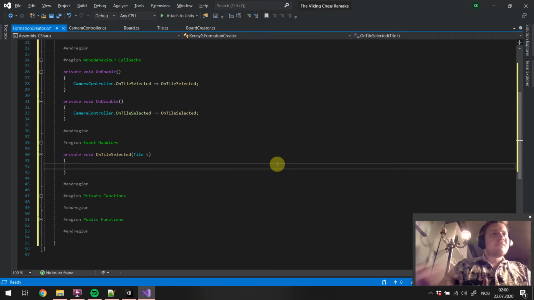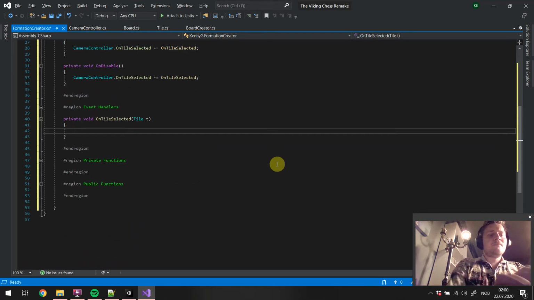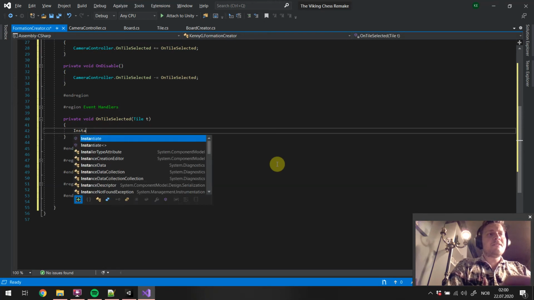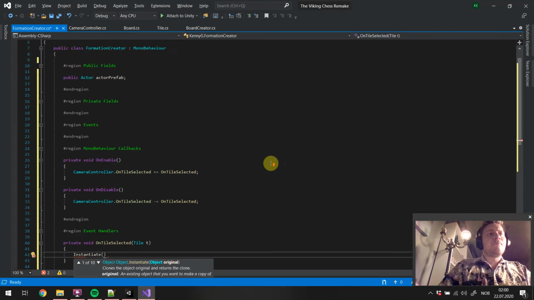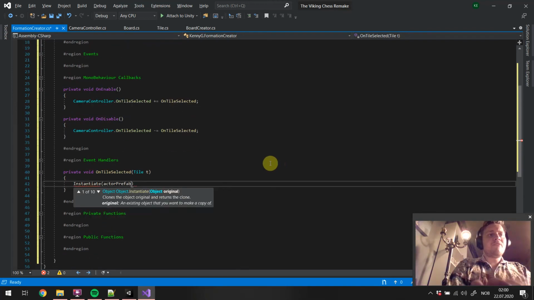Right, so we can just write Instantiate actorPrefab at t.transform. Yeah, I just need to find the right overload here. Yeah, position and rotation. Actor prefab. We will position it at